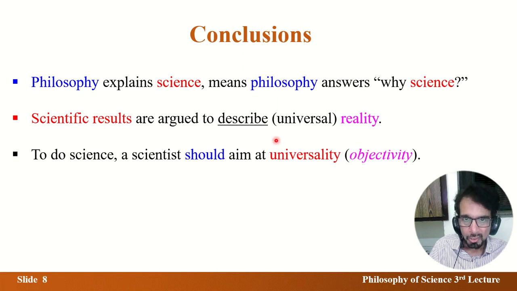But I've told you that to do science, before results, scientists should have an activity, and in the activity the word should is used. Now, what is the normative command using should? The command is that you should aim at universality. That means no bias, no person's opinion, no community opinion. Or a more common usage is that you should aim at objectivity. And that is the first introduction to what science is in this course as well.